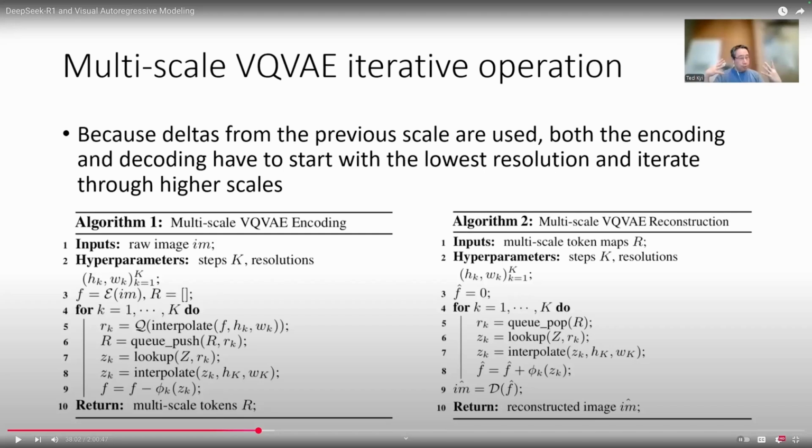So that's line 9 there, where you see F minus whatever the first level predicted. Now we're going to resize this down by a factor of 8, and we're going to run it through the quantizer 4 times, because it's a 2 by 2. And so we're going to end up with 4 integers, and we're going to push those onto the queue, and so on. So we repeat this until finally we have the 16 by 16, where there's the original pixels, and